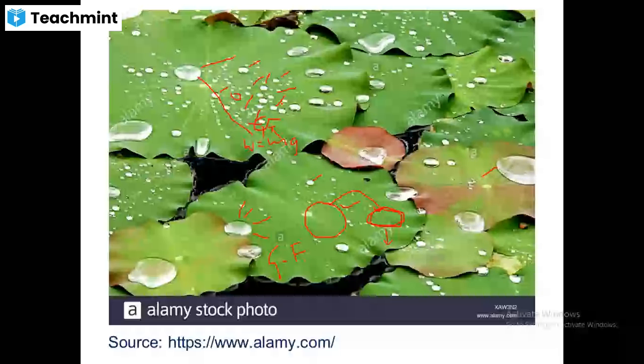But again, the beauty here is what? We observe that the liquids are taking the shape of a sphere, a spherical shape, again due to the phenomenon of surface tension. One more beautiful example one can see in nature, right?